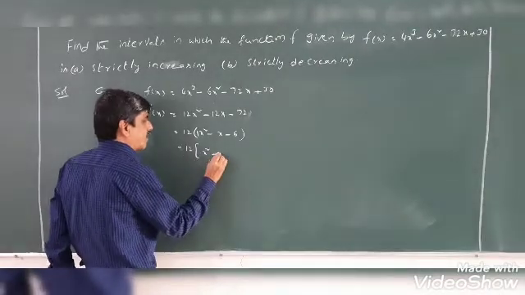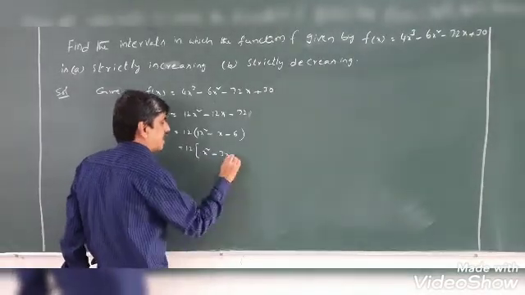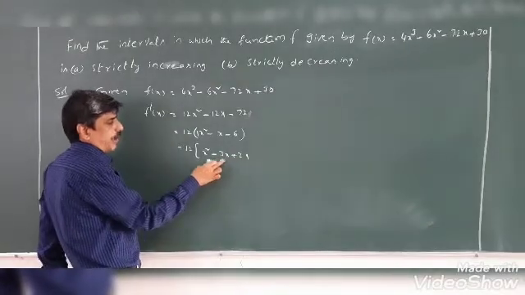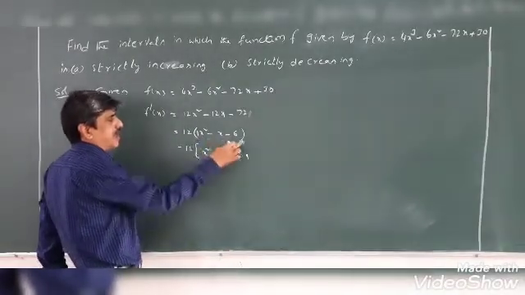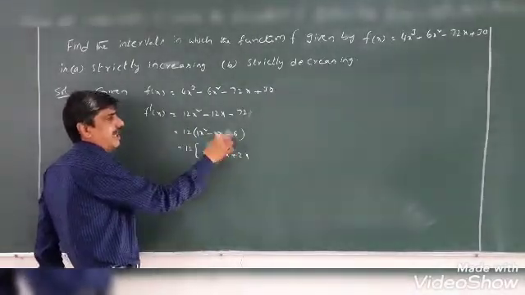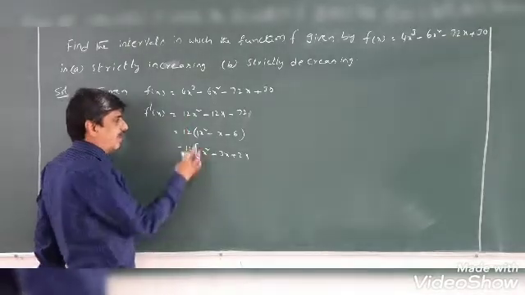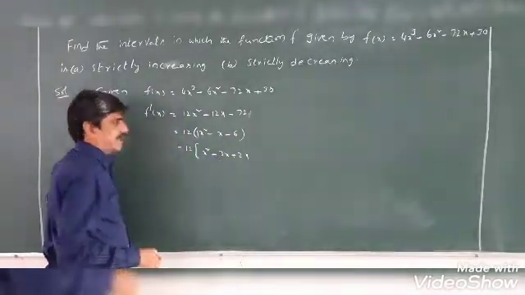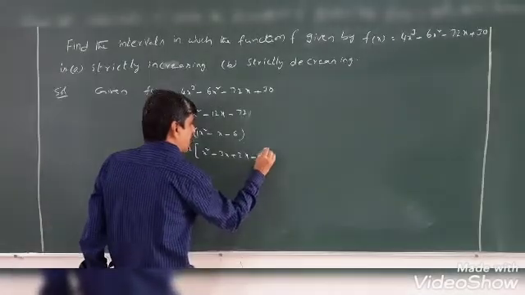So to that, x square minus 3x plus 2x minus 6. The product of minus 3 into plus 2 is the same as the x square quotient 1 and constant minus 6. 1 into minus 6 is minus 6. Here minus 3 into 2 is also minus 6. So minus 6.